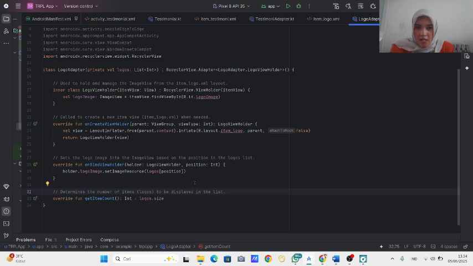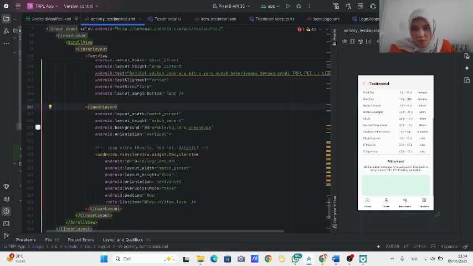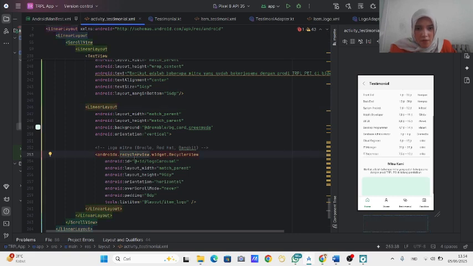The logo list provides image data, the logo adapter is the adapter that controls how images are displayed, and the RecyclerView displays the list of logos, with a linear layout manager to arrange the logos horizontally.